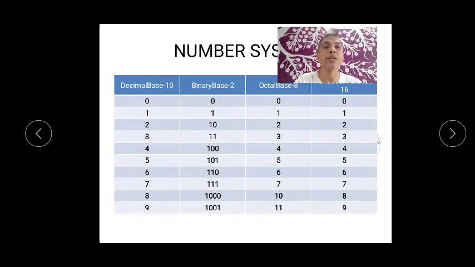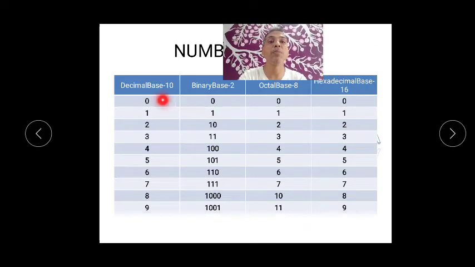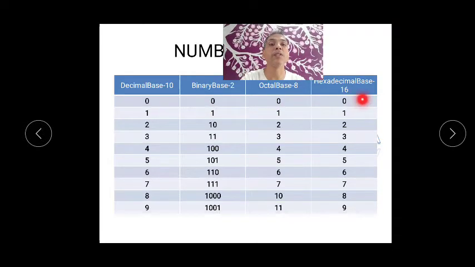Yeah, this is a table and this is a very important table. Can you see we have just tried to change decimal numbers into all the forms. So 0, binary will be 0 only, octal will be 0, hexadecimal also 0, like that 1, 1, 1. But when you see 2, binary we write 1 0. Then 2 is the same, 3 is 1 1, then 3 is the same. So I think I have just shown you the conversions.